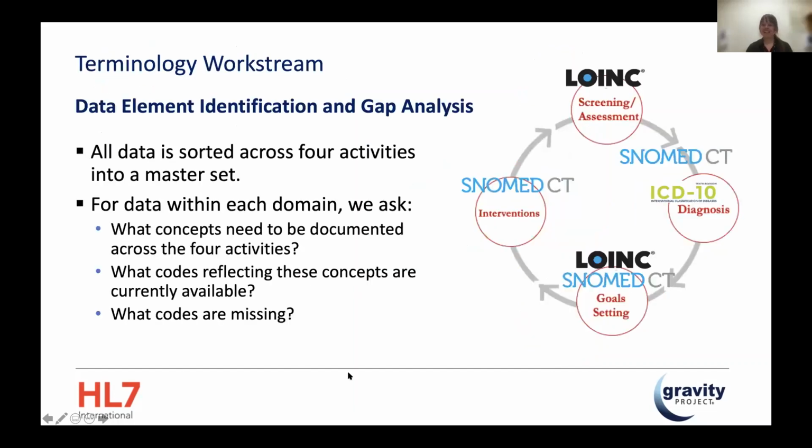All the data is sorted across 4 different activities into this master set, as I talked about. So this is a visual that represents that sorting. So we gather and collate standardized and validated screening questions and answers into one part of the data set, basing our approach on some of the US methodology through our census, through our USDA food security module, which is the sister to the Canadian module, through American housing assessment, and through standardized disseminated national screening questions and answer sets. And then those are married and matched to the terminology they're associated with, which is LOINC or registry.